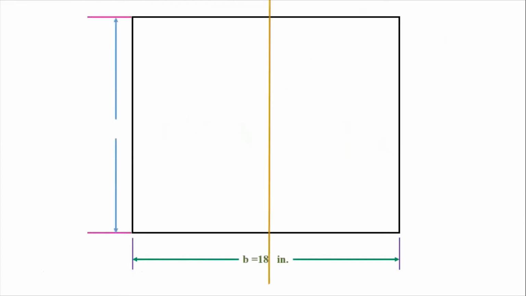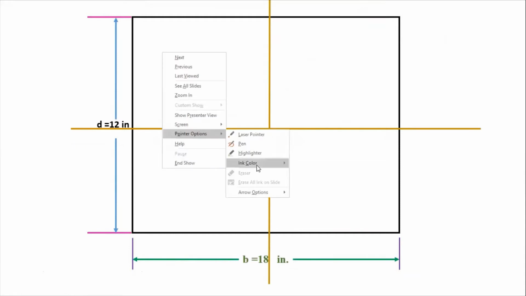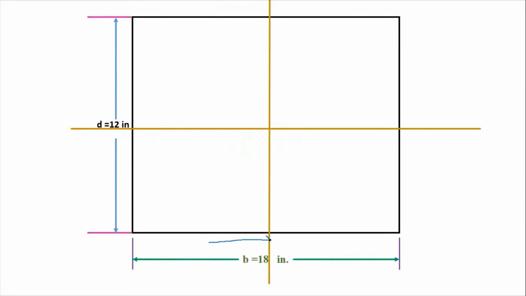So the question diagram is this. This is a simple rectangle and how can we calculate its centroid? The breadth is 18 inches and the depth is 12 inches. So how can we go for the x? What we have to do is very simple and I know you know about it. This length should be 18 divided by 2. This will be 18 divided by 2. This will be x bar.